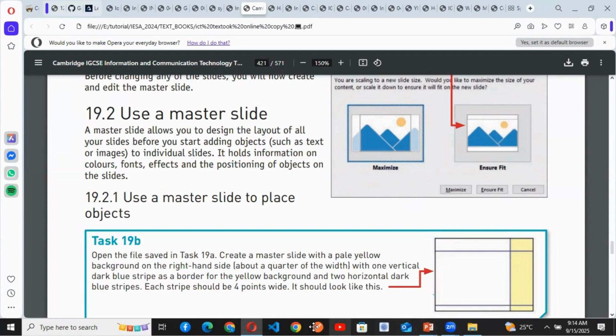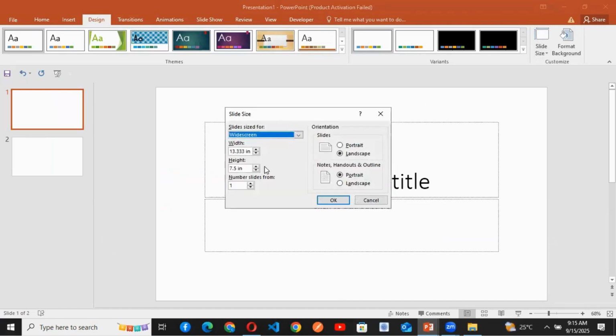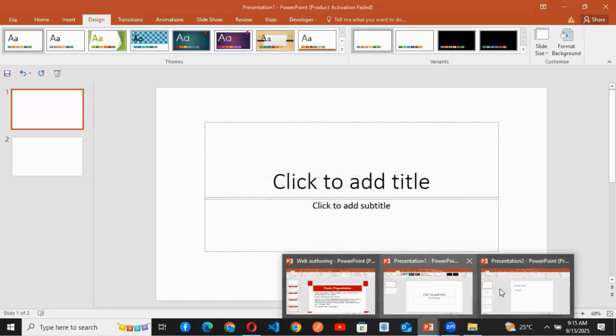We are done with how to create a PowerPoint file, or how to create a presentation, and the settings. Note, apart from this, we can actually customize our own. So depending on if you are given a specific task,